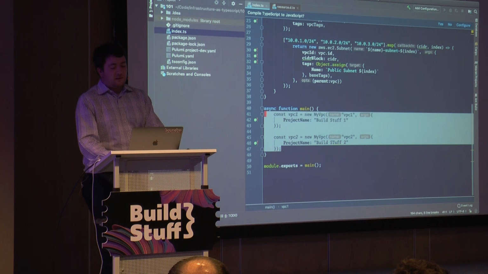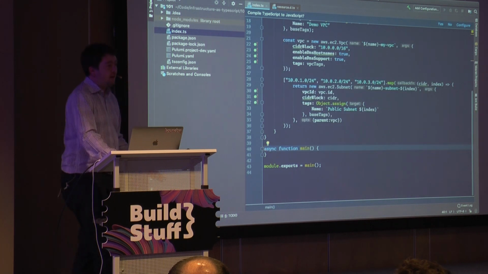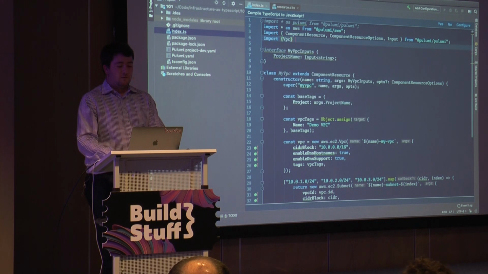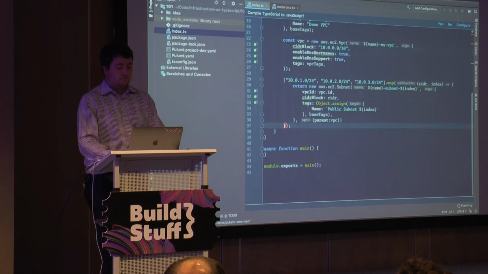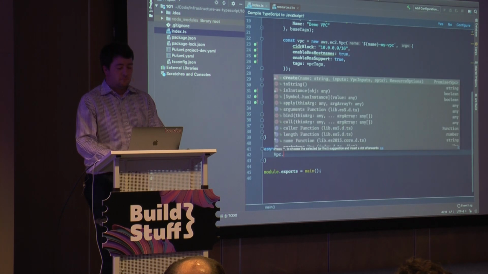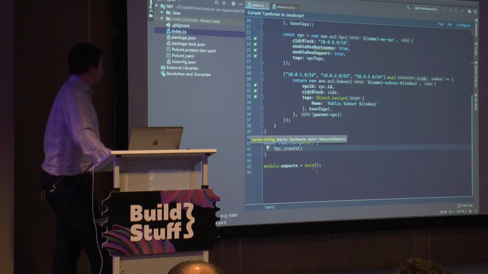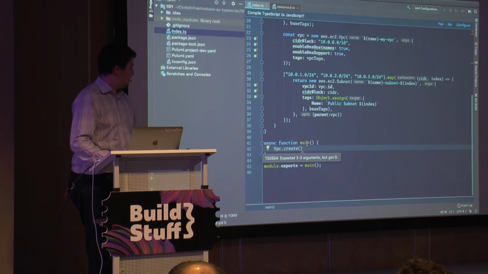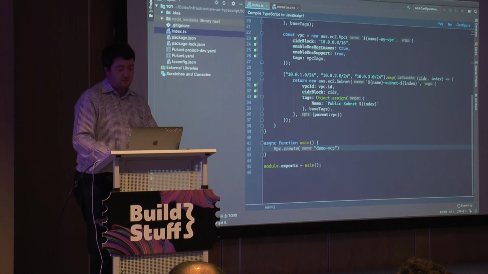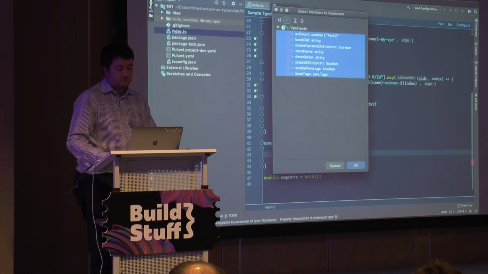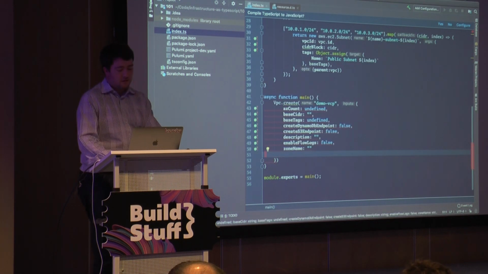And then instead of instantiating this class, we can go and use the one from the library instead. So I'll just import it. So this one takes exactly the same kind of argument set. So we'll call this demo VPC, and then we have some arguments. We'll need all of those.